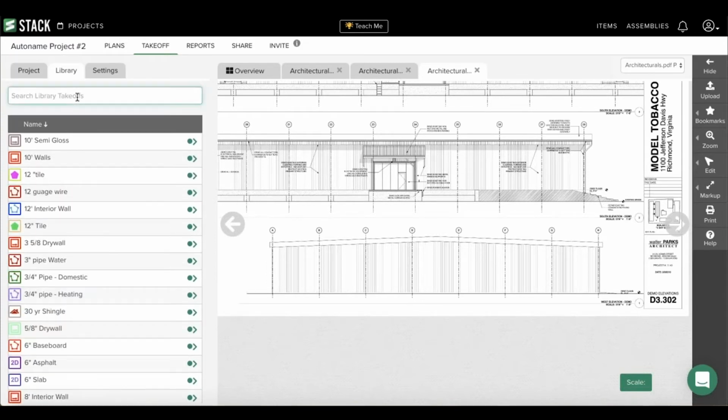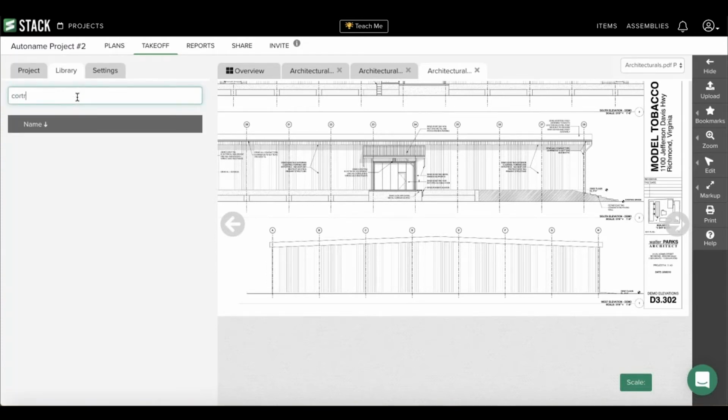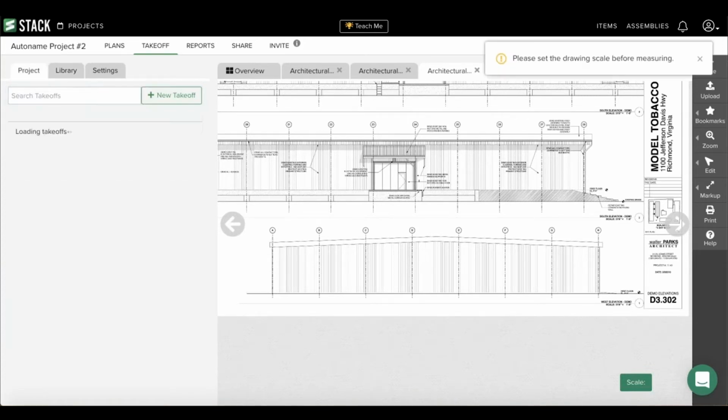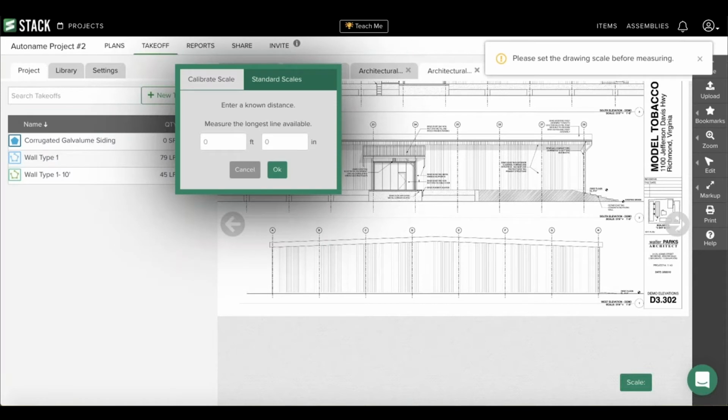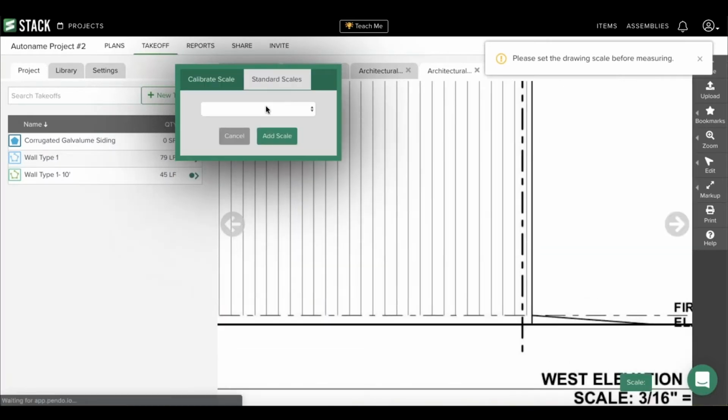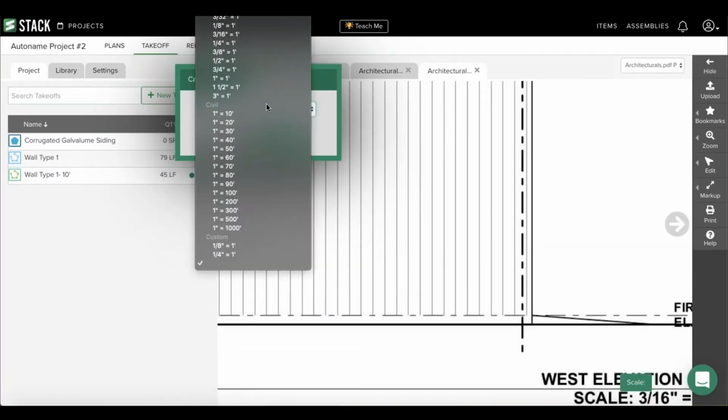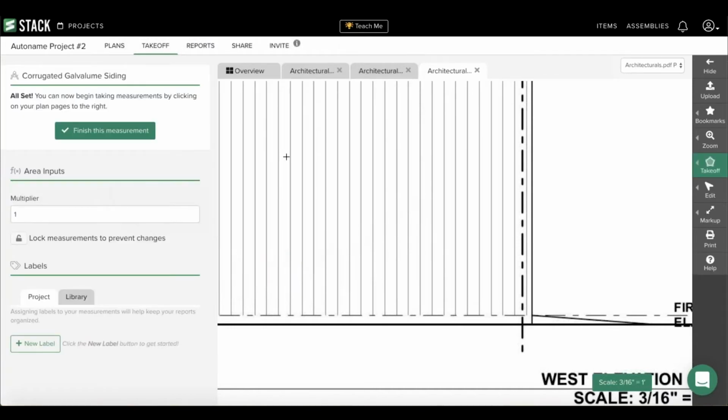I thought I had created one. Corrugated. There we go. Oh, and I do need to set my scale. Looks like we're at 3/16. And there we go. So right down here, we can see in this label section where we can create a